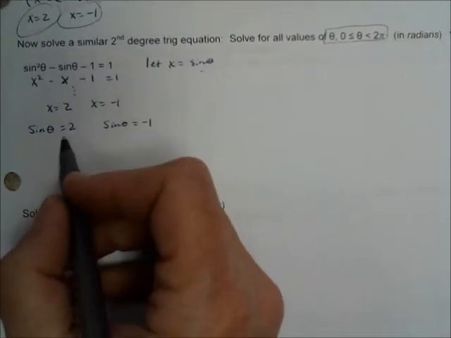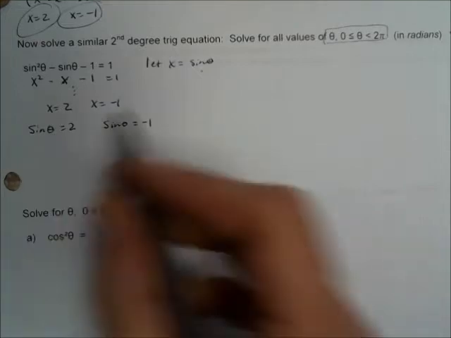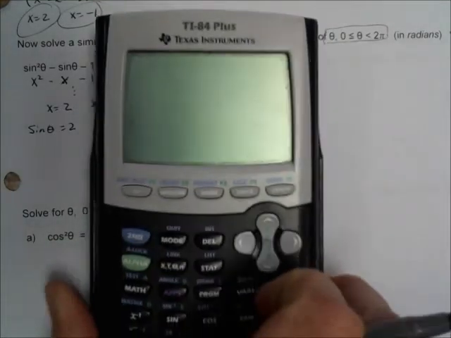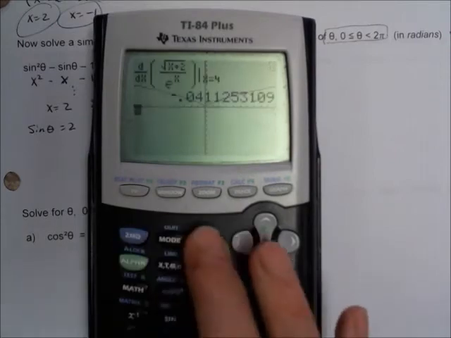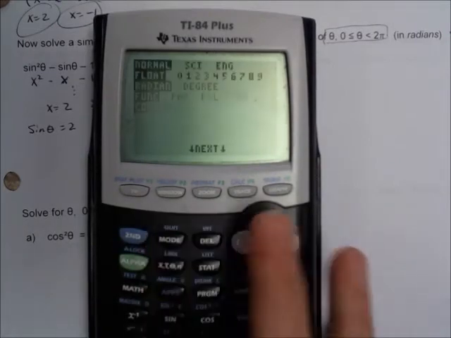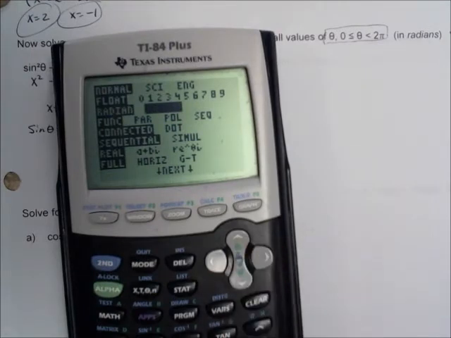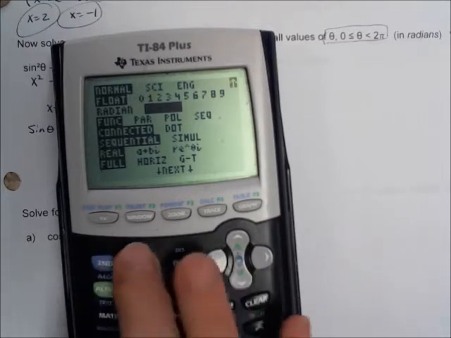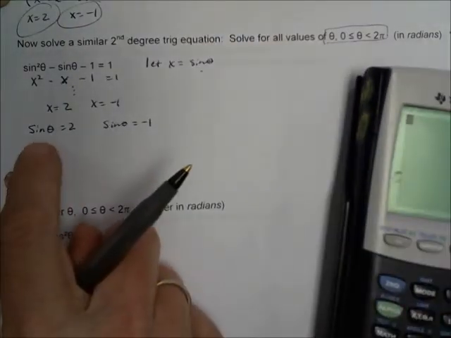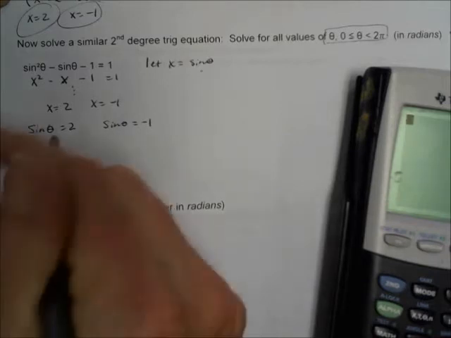Well, first of all, we're going to have to find a reference angle. And in order to find a reference angle, we can do inverse sine. So grab your graphing calculator, press the mode button, and make sure your mode is in degrees. Mine always goes back to radians mode, so put your calculator in degrees mode. Make sure you're following along with this. And now in order to find the angle, you're going to do inverse sine